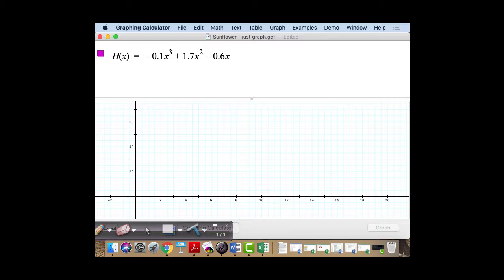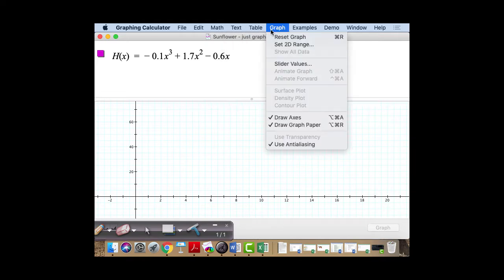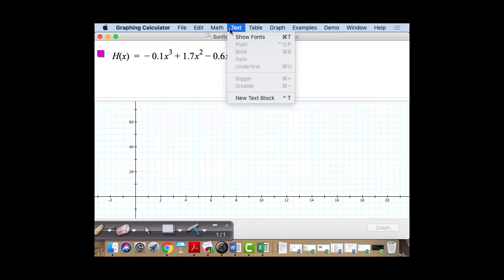So what I'm doing by showing that is telling it, I want to see the y values and x values, how they correspond to one another. Once you type this, to get a new line, if you're on a Mac, it's the command button and then return. If it's on a PC, it's control return. Or if you don't want to try to remember those until you get used to them, up here there's lots of different things you can do in these menus, and it'll tell you what you need to type to get certain